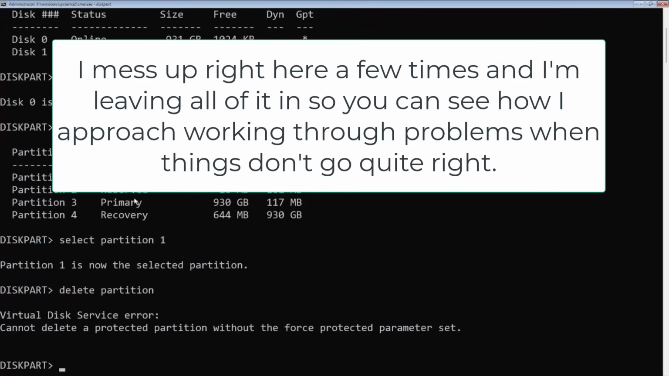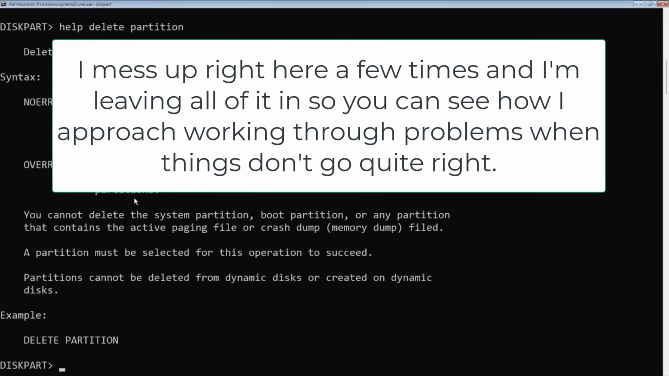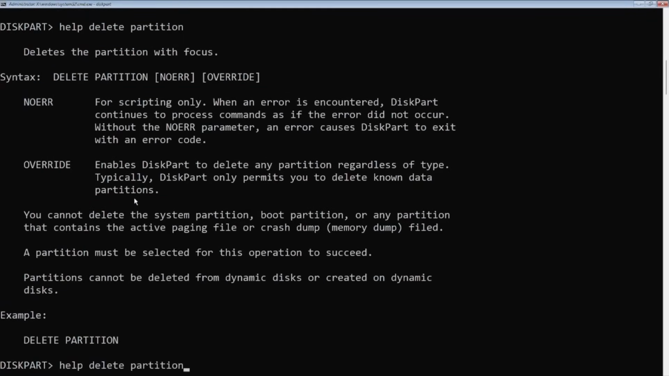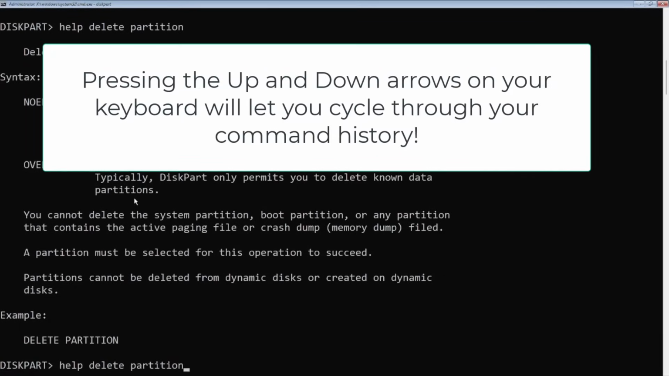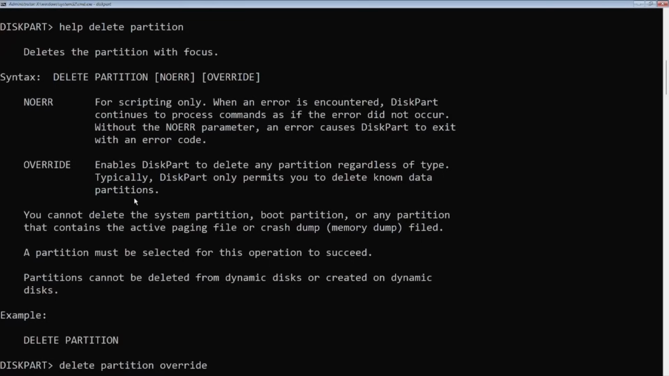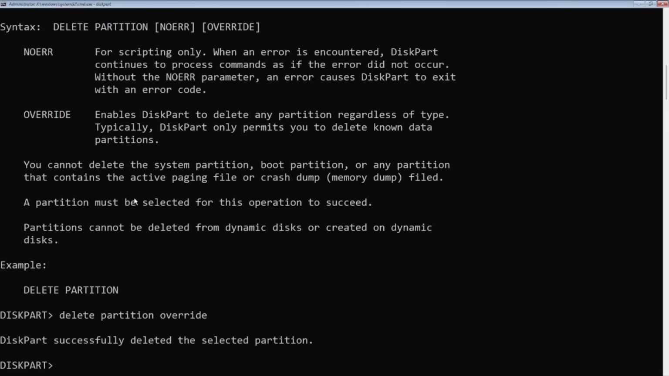Oh, we have to force it, so let me go look at this here. Help, delete, partition. This will give me the help commands. We need to do override whenever we give that command. So I'm going to push up a couple times so I don't have to retype all that, and we'll say override. I always forget if it's override or force or whatever. So I'll do delete partition override, and that deleted it, and we can go list partition to see what partitions we have,